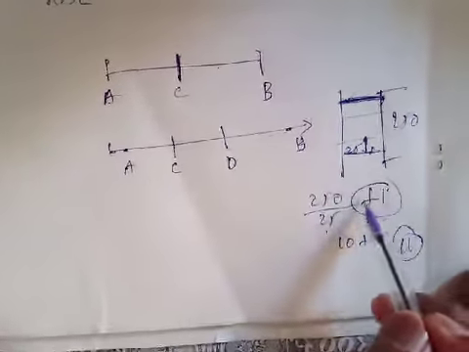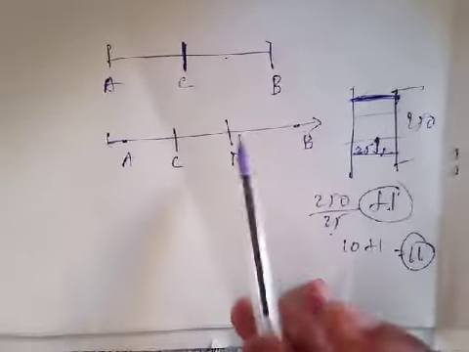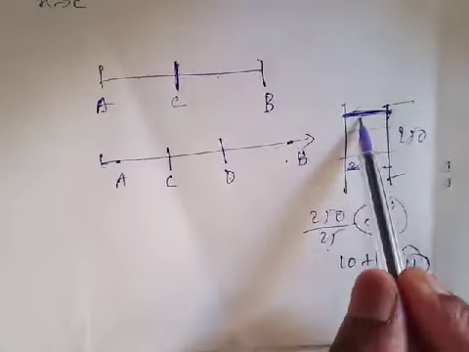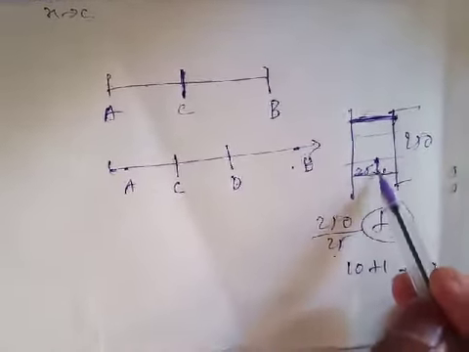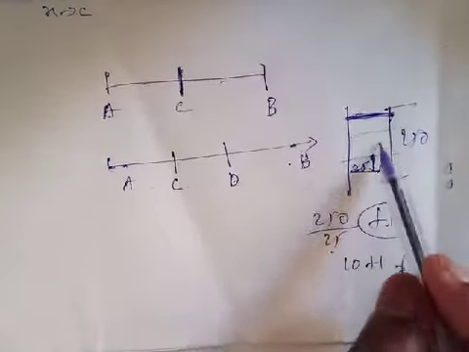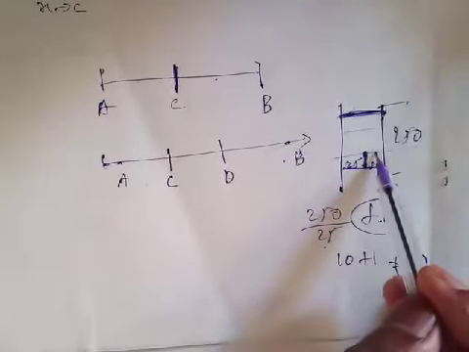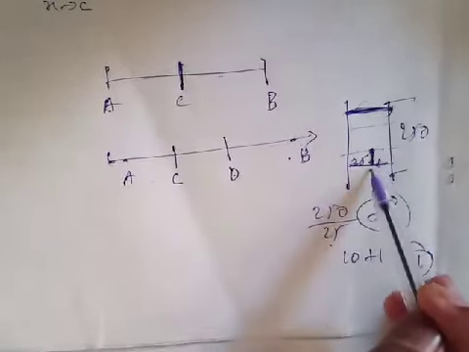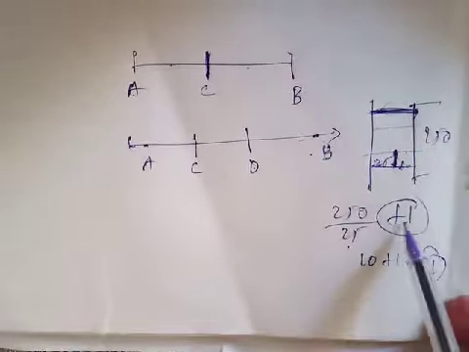Now you understand why we do plus 1. If a line segment is divided into 3 equal parts, we actually make only 2 cuts, and the third part comes automatically. So for the rungs too, if you divide the whole length by the distance between the two rungs, you have to add 1. Because if you calculate from the bottom, the distances are counted, but the last one is not counted. We start from the first, then the distance to the next is counted, but the last one is not counted, so we add 1.